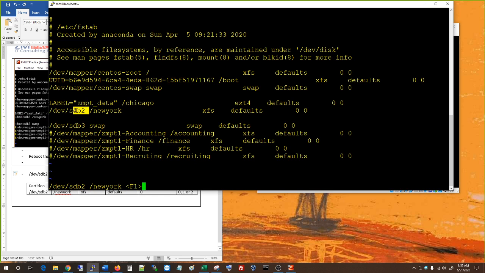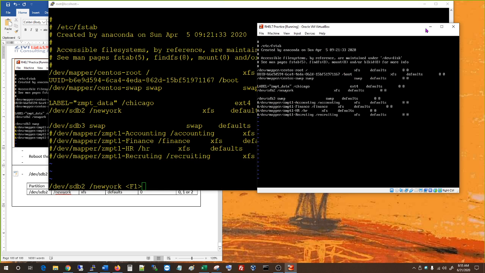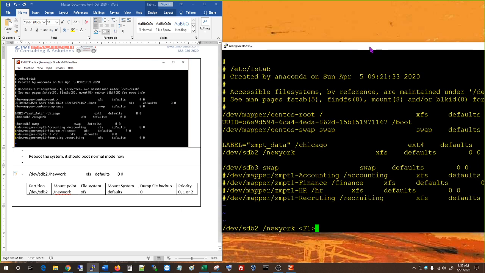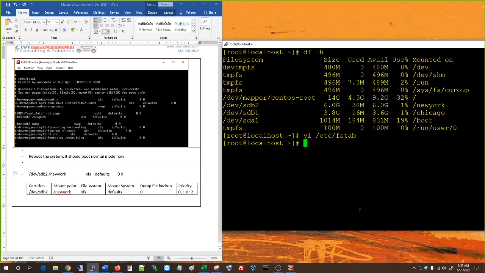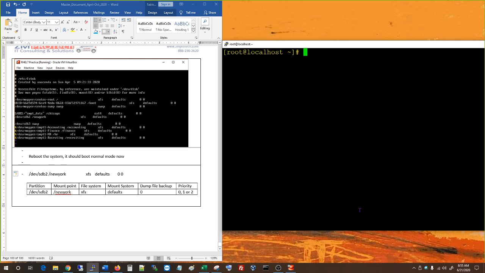So if it's going to be a network drive, instead of /dev we're going to put an IP address in there. So we're going to start learning further how we're going to communicate with multiple servers simultaneously. Okay, so the next chapter is going to deal with all those things. So right now, what we dealt with so far is that it went into the emergency mode